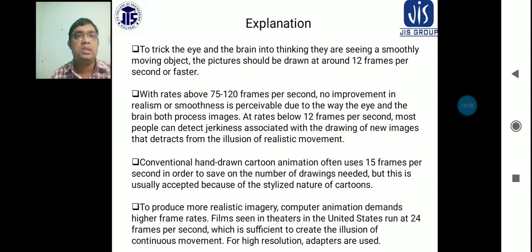With rates above 75 to 120 frames per second, no improvement in realism or smoothness is perceivable, due to the way the eye and the brain process images, and at rates below 12 frames per second,